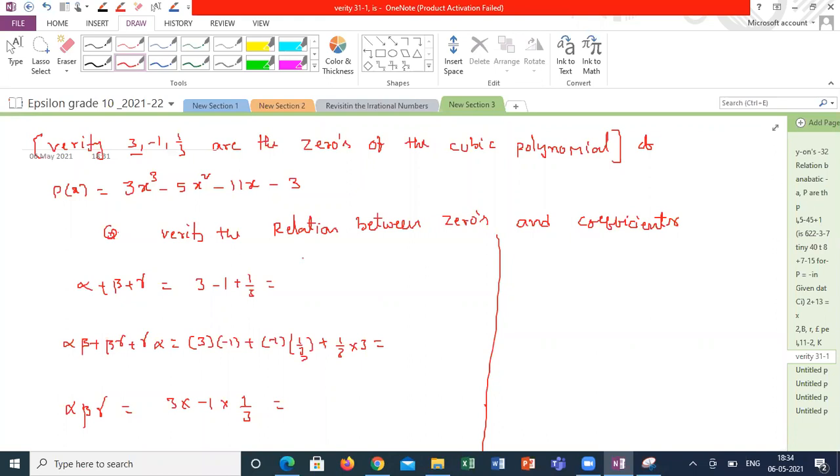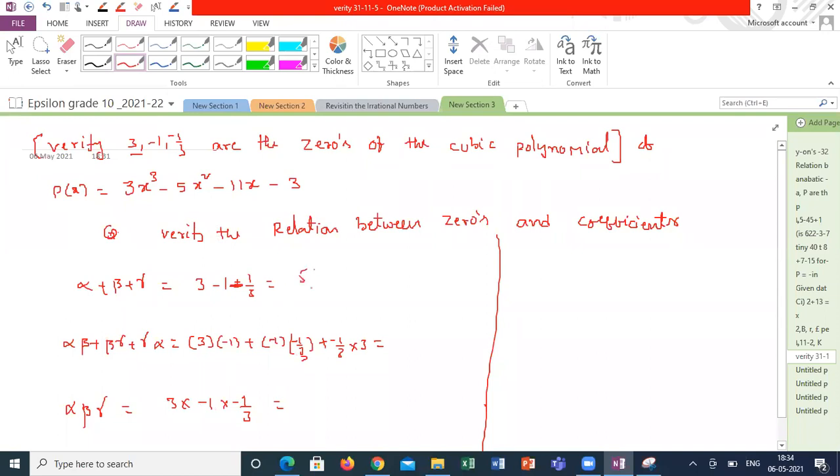If you take LCM, it's 9 minus 3 plus 1 by 3. So it's 5 by 3. Sorry, guys, it's my mistake. This is minus 1 by 3. Minus 1 by 3. It is 7 by 3 otherwise, and the whole question itself won't be satisfied. So now I can say it is 5 by 3.